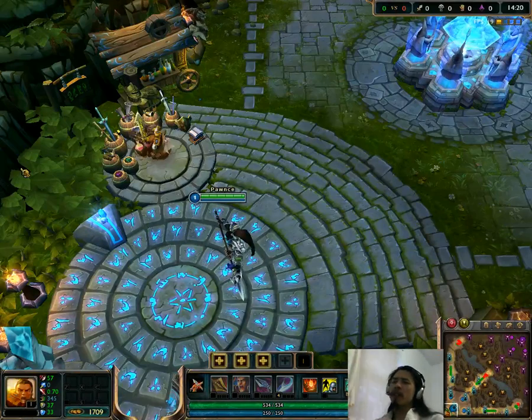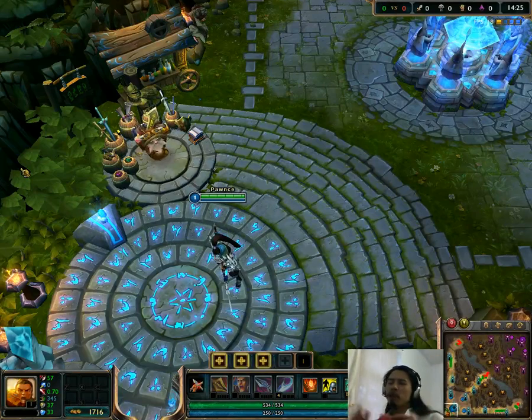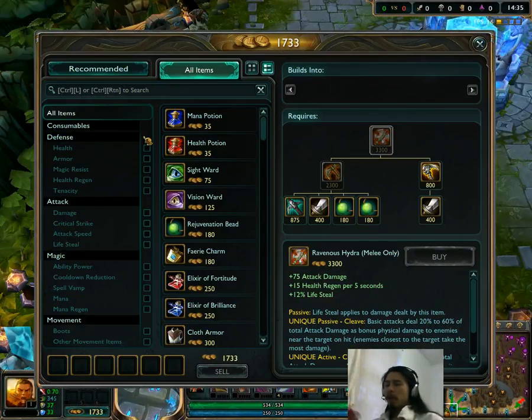Of course, none of this stuff is on the live server yet, so it's not final, so take all this with a grain of salt, though usually most of the stuff sticks, at least relatively close to the changes. So why don't we just go over what these changes are in alphabetical order, starting with Aegis